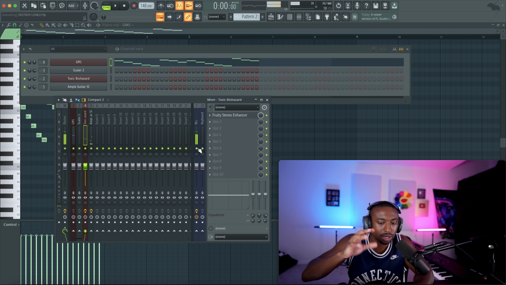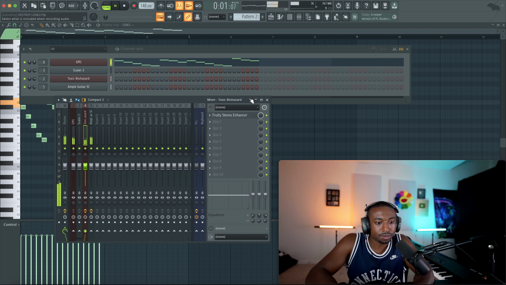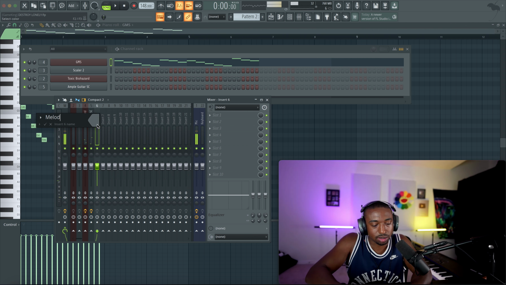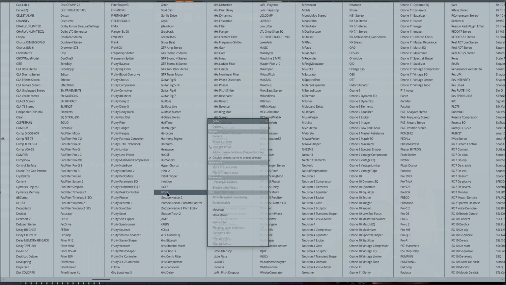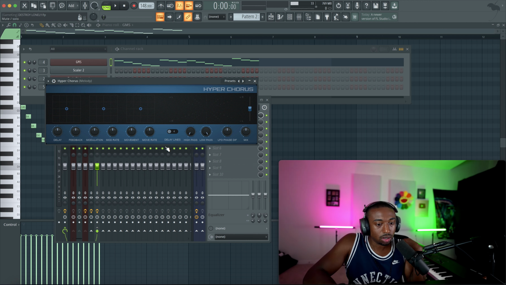So I'm detuning it to give it more of a creamy sound instead of this harsh, bitey sound. Let's group our sounds together, like all the synth stuff. I'm probably going to add Hyperchord to it. So all the synth stuff is going to go to the melody group. Right click, route to this track only. We're going to use Hyperchord. I'm not going to do it on the guitar because I don't want the guitar to have chorusing, but